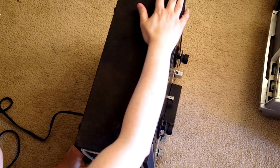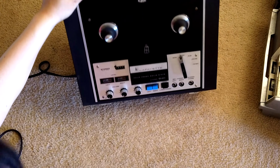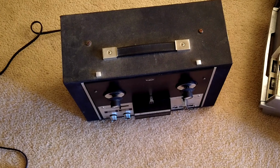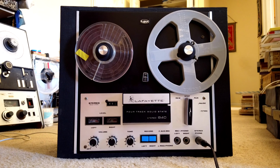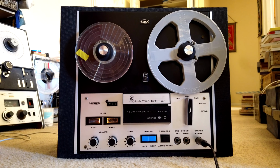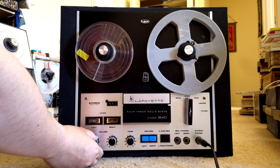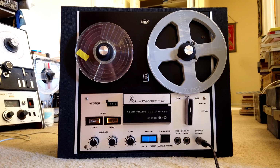The only thing is that because I have a plug like that, I cannot really put it flat. I have to put it this way. I have plugged this in and also put the tapes on it. So the first is that we can turn it on, which is this knob, and as you can see, when I turn it on, it lights up, and this is a Lafayette 4-track solid-state stereo 840, model 840, and you